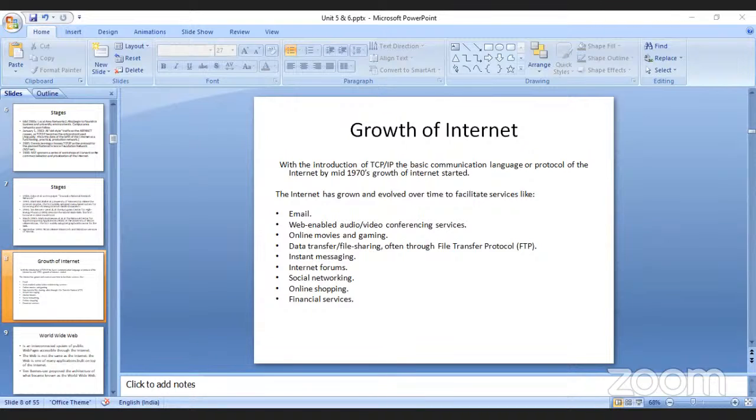Internet forums. There are many forums. Social networking. Social networking has developed a lot. We have discussed a lot about this, how social networking has helped many people to grow, to achieve their goals, and how it has helped the overall advertising industry. The spend on advertising has come down because of social networking. They have identified the niche group and started paying the influencers, which helped them in saving huge amounts of money.